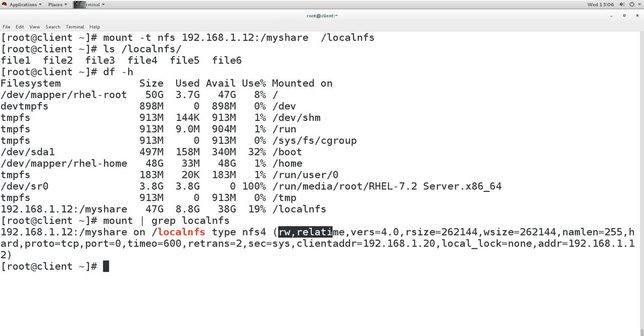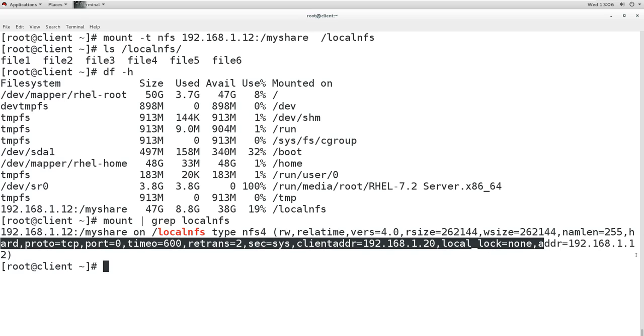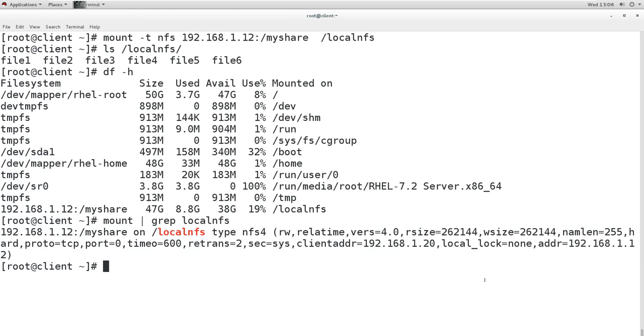The relevant options are: rsize, wsize, read size, write size, name length, hard, protocol, port number, timeout, retention and security, client address. It is showing the client address, and then local lock none, and then the address for the server also. So everything you can see here with this mount command.